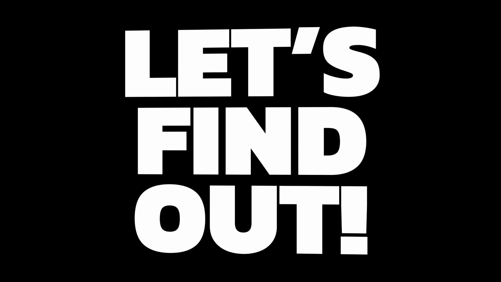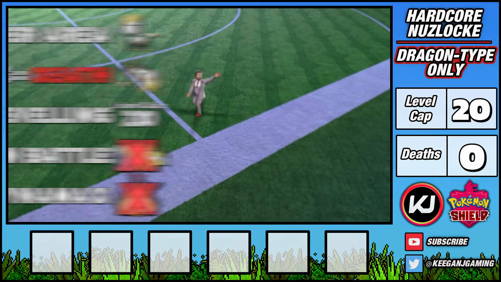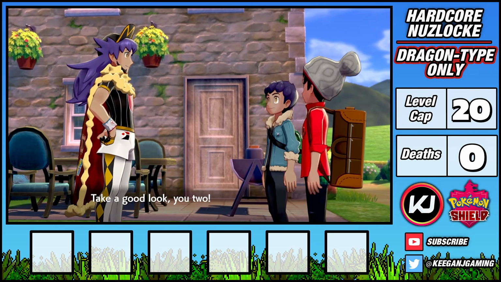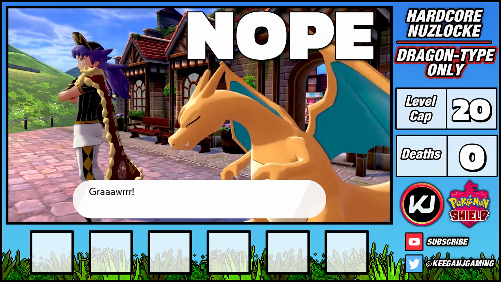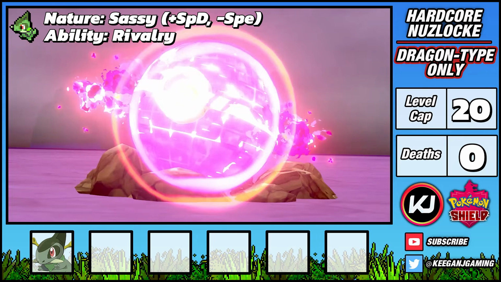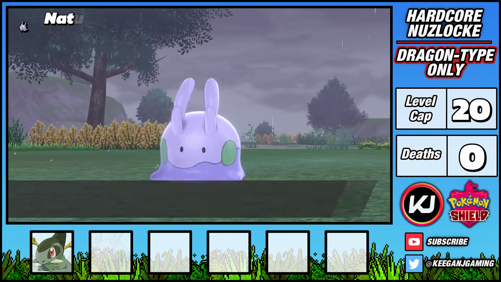Well, let's find out. I call myself Donkey because no one can tame a dragon quite like he can. The hardcore Nuzlocke rules are on screen now and in the description, so pause the video if you need a refresher. Our first problem is, where do we even find a Dragon-type starter Pokemon? Nope. Well, nope. But in the wild area, we can catch an Axew through a max raid. Donkey's first green friend gets the nickname Shrek, and over in the Isle of Armor, I catch a Goomy who's